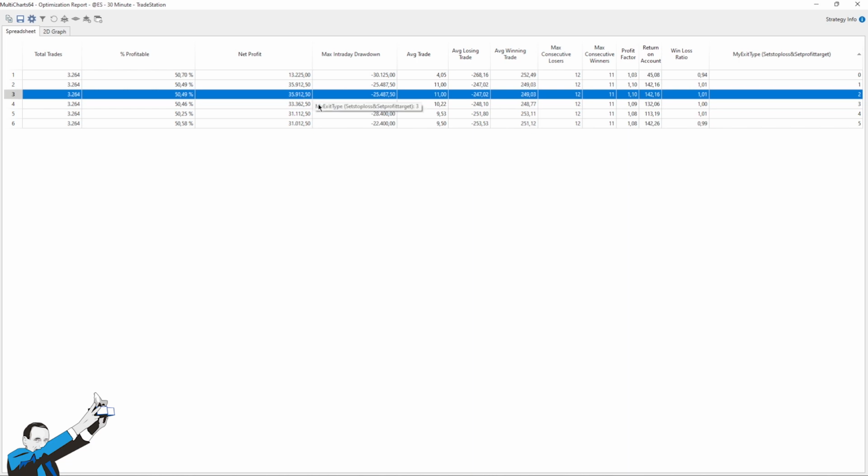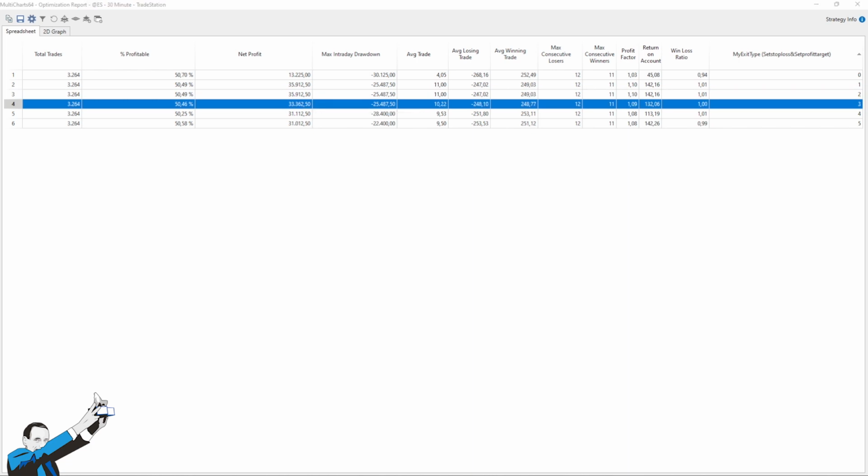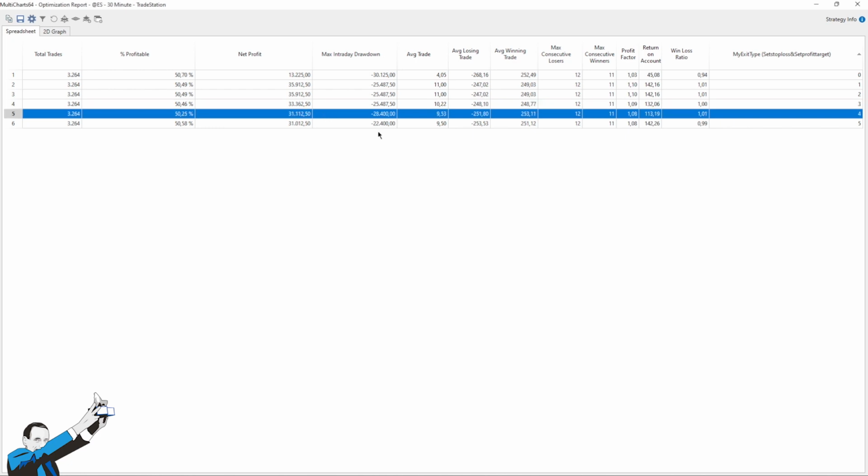As for type 3, where the stop loss and the take profit are calculated from the entry price, we can see that the results change only slightly, perhaps only in a handful of trades. The orders are sent to the next bar after the entry bar. So in the case that the stop loss was taken in the same bar, it would be possible to have some differences here. Instead, we have some differences in type number 4, and they are noticeable in this case.